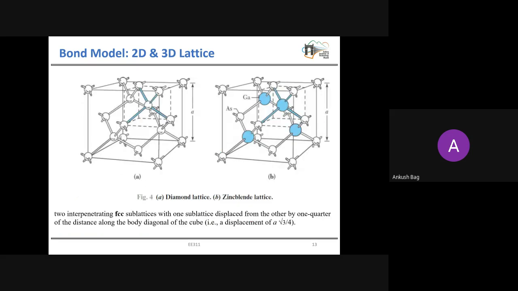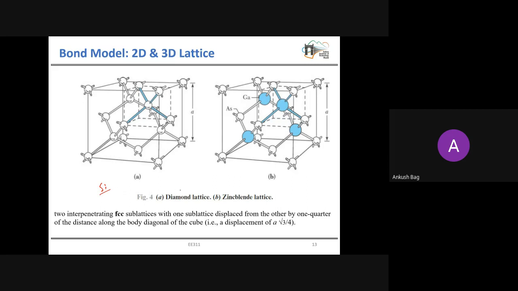So after discussing this simple cubic, BCC and FCC, this is the crystal structure which we have in case of silicon or semiconductor. As I mentioned earlier, polonium has the simple cubic, tungsten or sodium has the BCC, and metals mostly have the FCC. Now what is the crystal structure of your silicon or other compound semiconductors? For silicon, it is the diamond lattice.